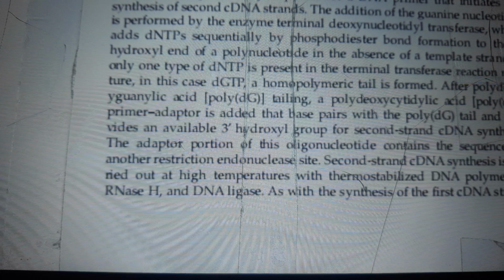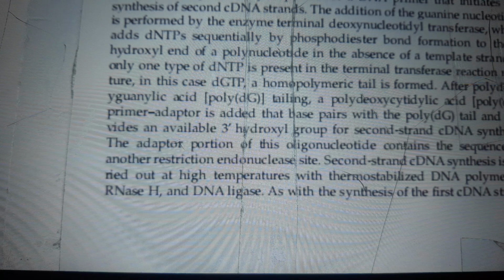If only one type of dNTP is present in the terminal transferase reaction mixture, in this case dGTP, a homopolymeric tail is formed. After polydeoxyguanylic acid, poly-dG, tailing, a polydeoxycytidylic acid, poly-dC,